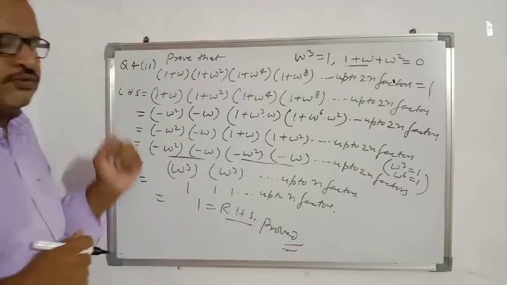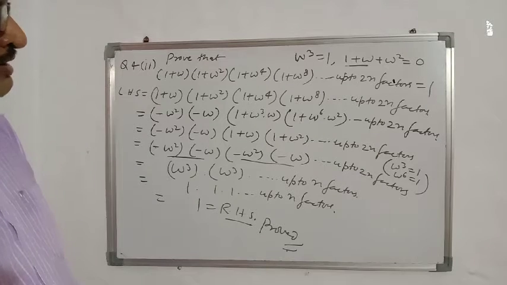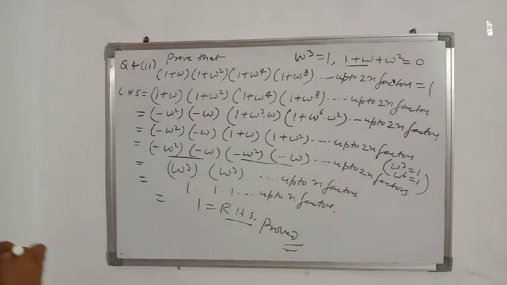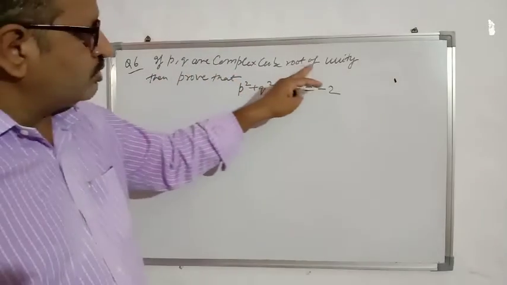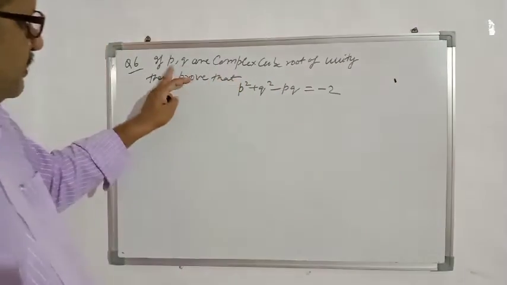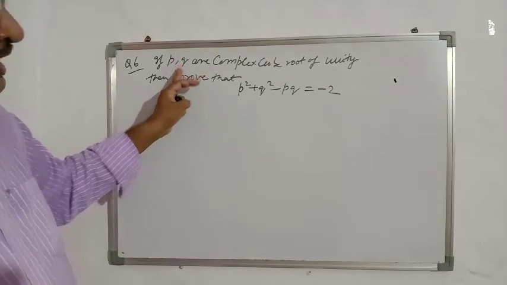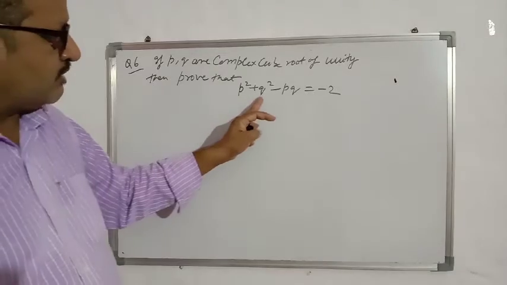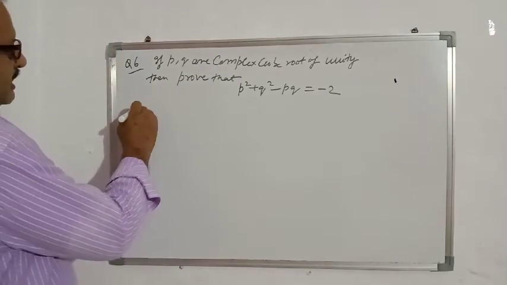It was question number 4, second part. Now we will see another question, next question. If p, q are complex cube roots of unity, which means p, q are omega and omega square, then prove that p square plus q square minus pq is equal to minus 2. So take left hand side,